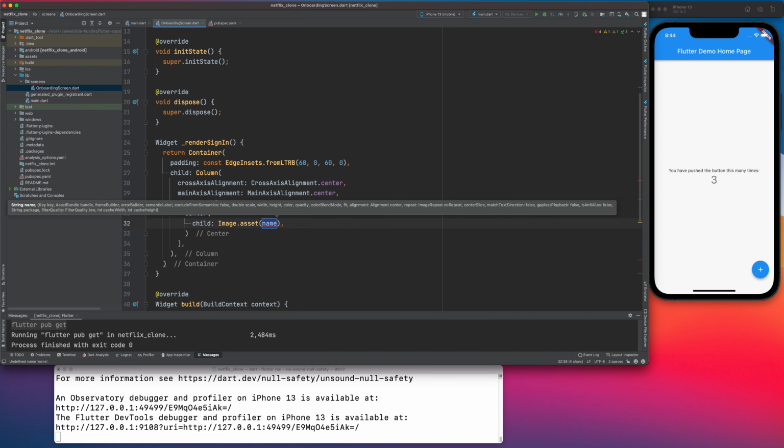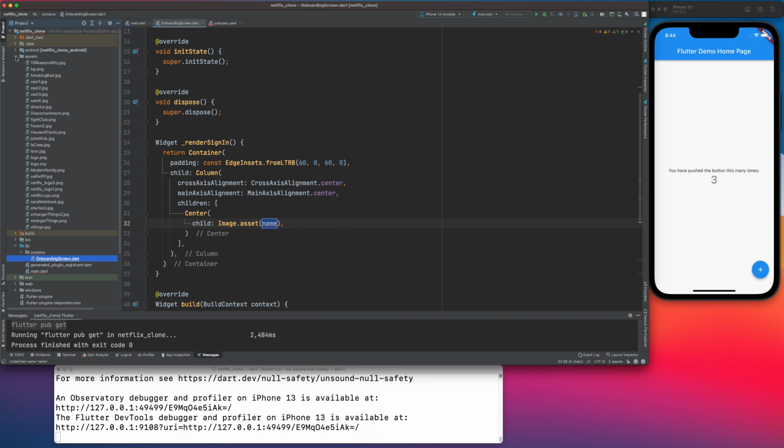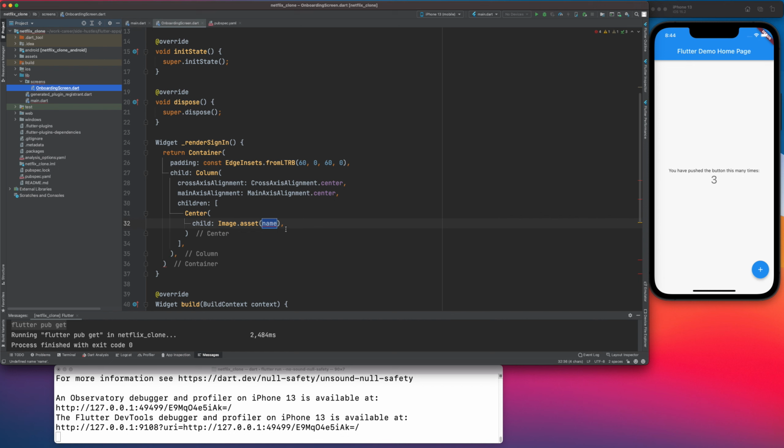And remember, I had added the assets in this folder, so I have one of the assets with the name assets Netflix underscore logo 1 dot png